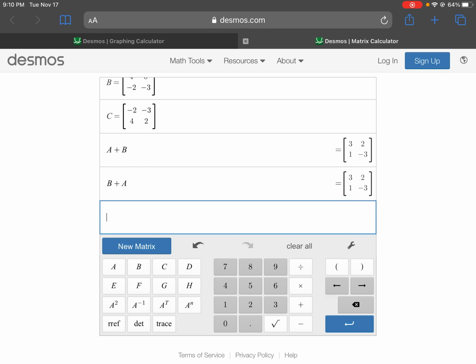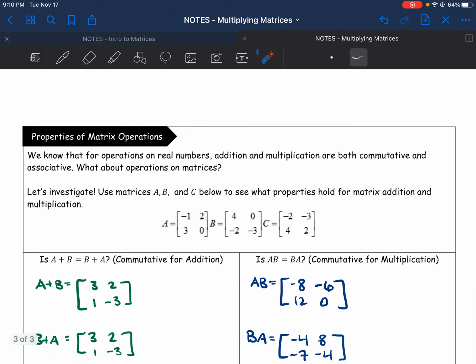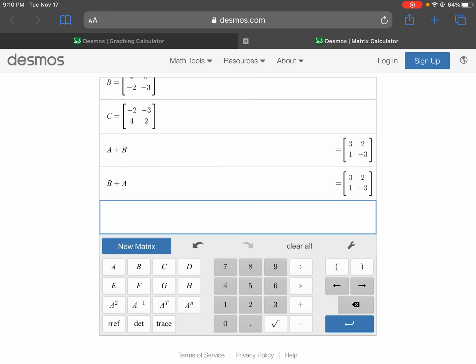Let's see if commutativity, however, holds for matrix multiplication. So we're going to test the same thing. We want to test, is A times B equal to B times A? Well, let's check. There we go. So let's try A times B first. A times B gives us the matrix with elements negative 8, negative 6, 12, and 0. And if I try B times A,